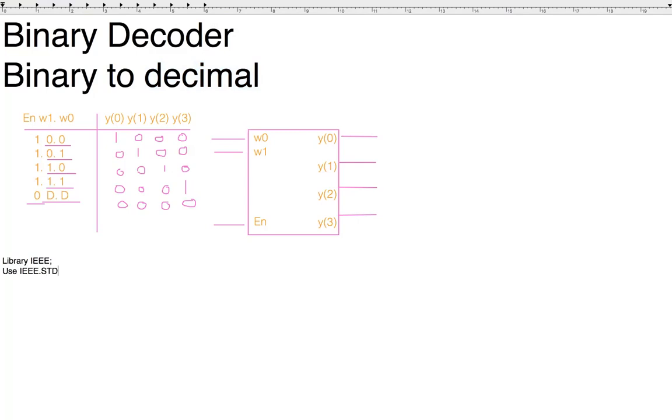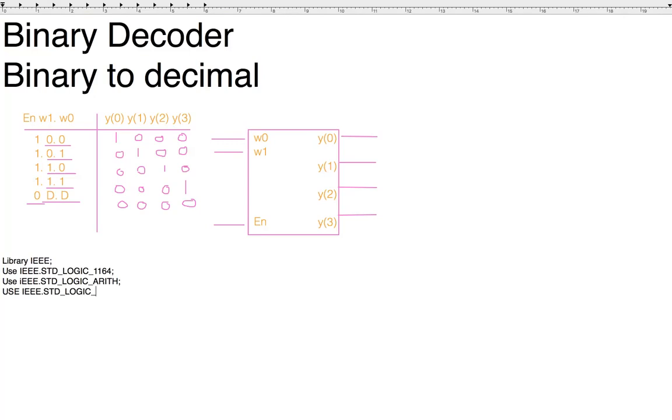IEEE dot standard logic, and then 1164. And then you have use IEEE dot standard logic, and then arithmetic, and then use IEEE dot